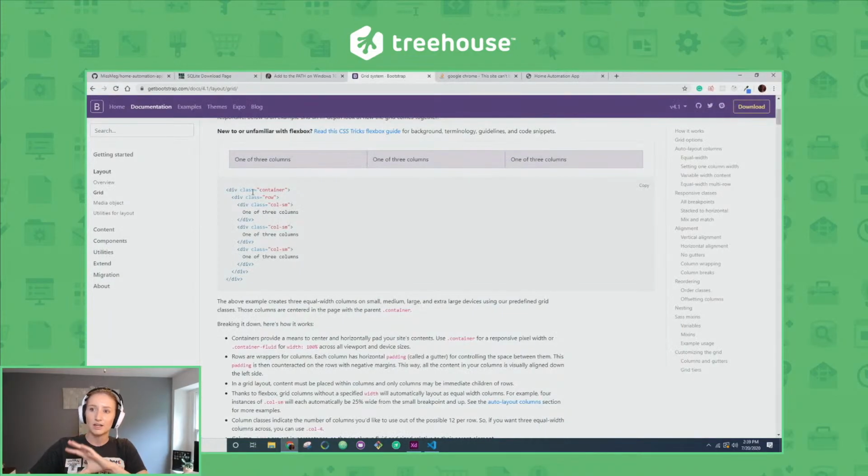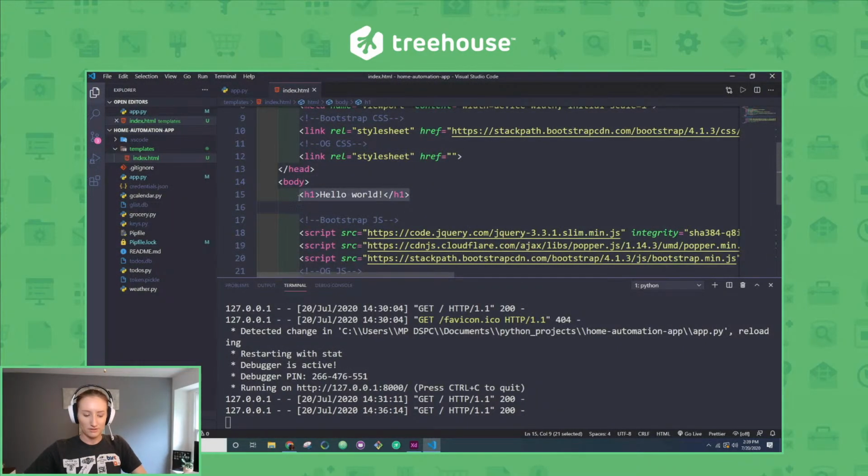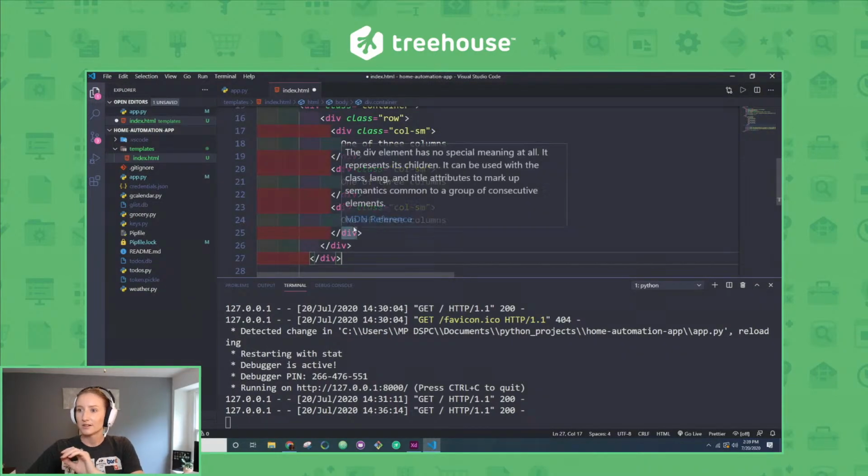So you can see you have to have a class container and then a row and then your columns. The easy thing in Bootstrap in their documentation is everything has a copy to clipboard, which is fabulous. It makes it so easy to implement their system. So I'm going to copy that over, remove our hello world, I'm going to paste what they got, and you